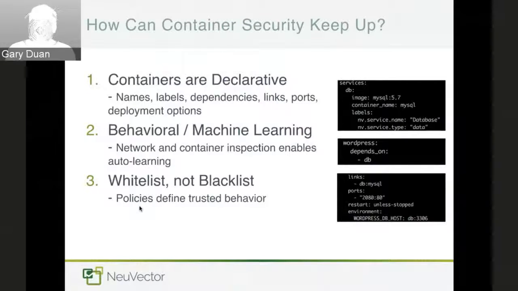So then this makes us think about what is really the good way to protect the container environment. In fact, containers have some very good features that can help us do security more effectively. First of all, containers are software defined. They are very declarative. So the developers and the application owners use names, labels, all this metadata